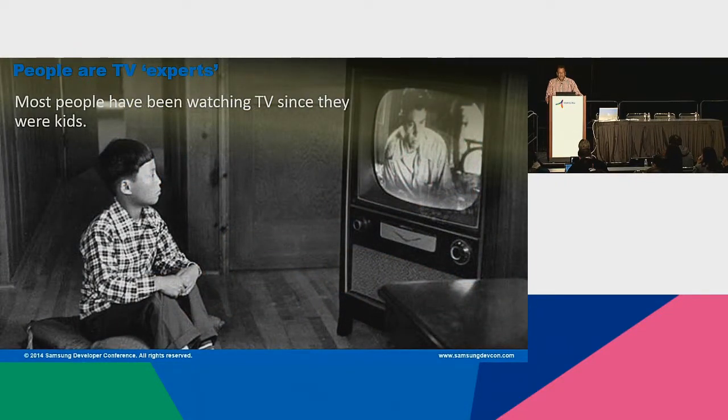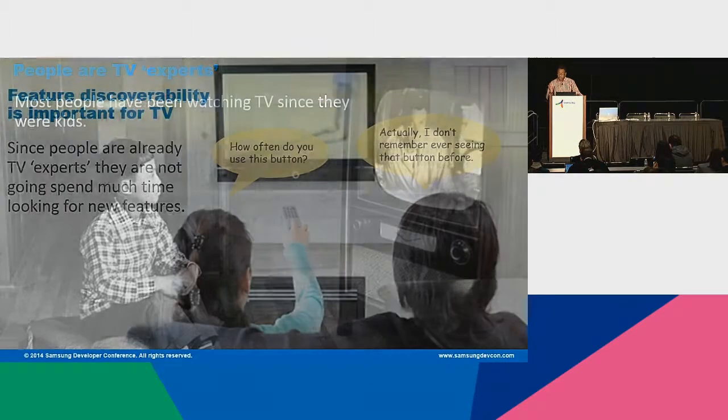Now, people are truly TV watching experts, so let's define expertise. Spending 10,000 hours doing something is a widely accepted definition of being an expert. The average 16-year-old in the United States watches about 10,000 hours of TV. So by the time your app reaches its viewers, those folks are already well-versed in using TV. People are already TV experts when it comes to viewing, anyway.